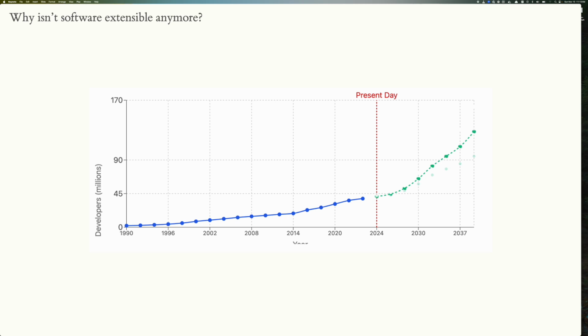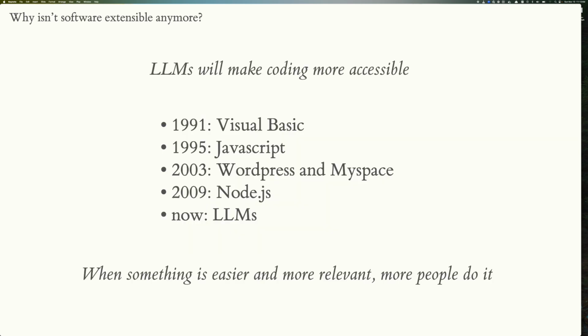Also, I think there's a gray area between developers and people who know how to code. I think the people who know how to code box is going to go even bigger. And the main reason is really, I think, LLMs, because they make coding more accessible. I'm probably on the more conservative side about how good LLMs are going to get. But even if you look at just where we are today, they already make learning coding so much easier.